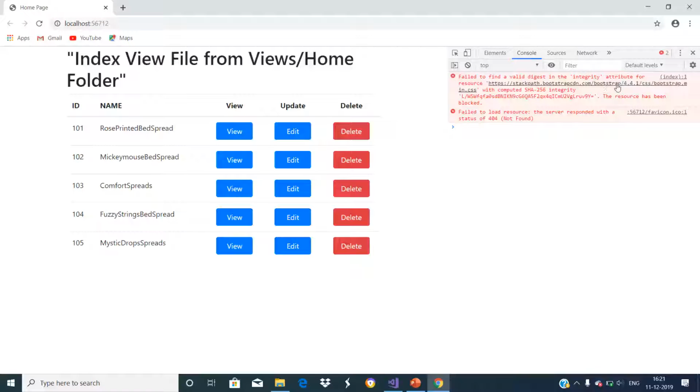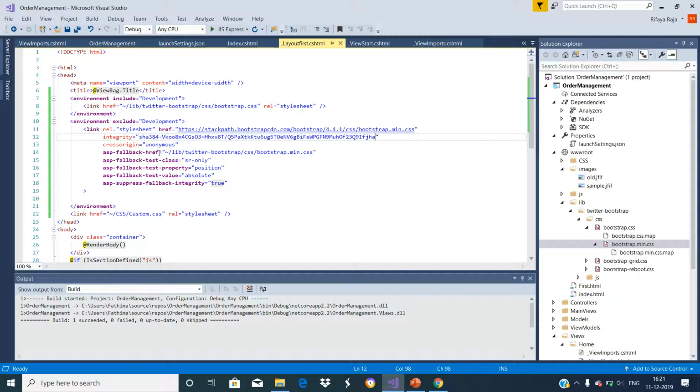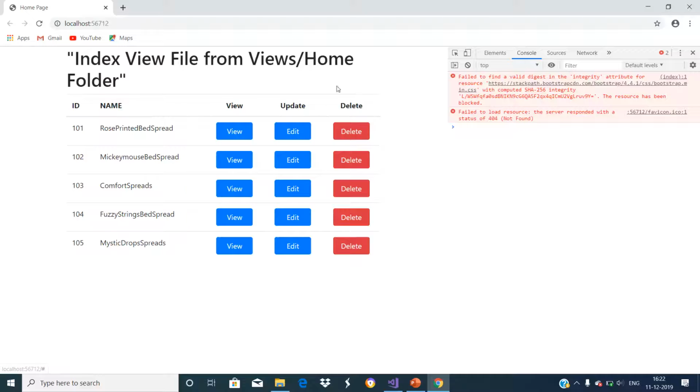So it fails as the integrity value is not matched. So it must load the file from our application server, as we have mentioned the fallback source to our application server's minified Bootstrap file. The application loads the minified Bootstrap CSS file from our own server. It shows the expected output.